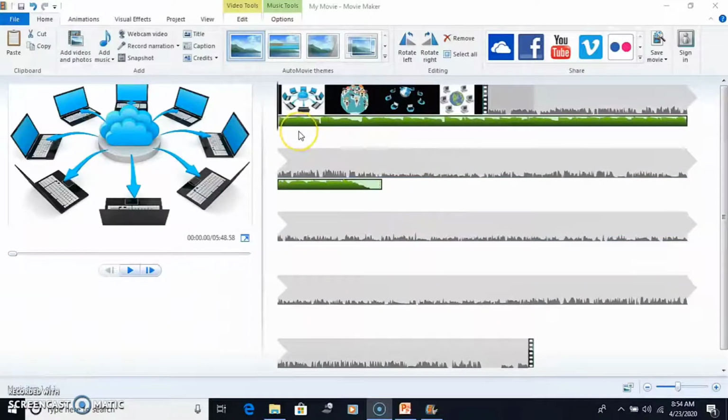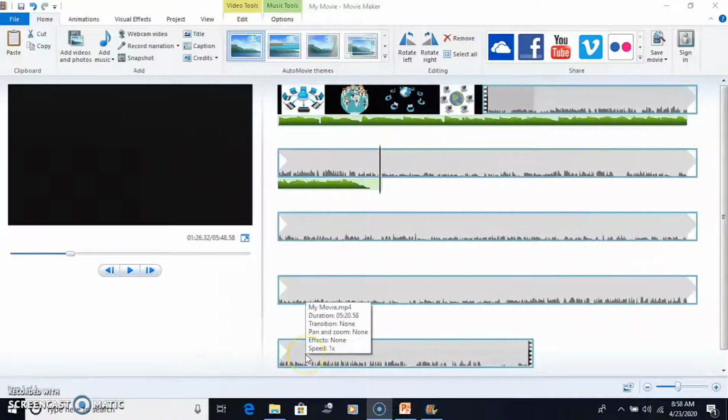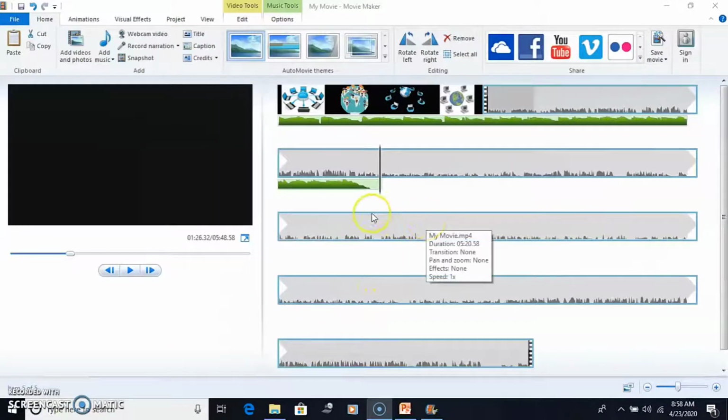Now in the storyboard pane, you can see there is a green bar at the bottom of clips and images, which indicates that the audio file has been imported. In the remaining part of the clips, we can insert another audio, or we can copy and paste the same audio whatever we have inserted.